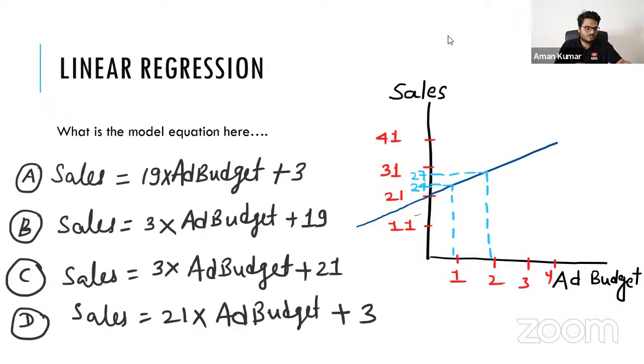I have started getting answers. I will be seeing the answers on my mobile phone. Somebody is saying C, somebody is saying A. C is 3 into ad budget. On the y-axis, you have sales of the organization. On the x-axis, you have the advertisement budget of the organization. This line you are seeing here is my regression line. This green point below is 24, the point above is 27. You have to tell me what this regression line is from your understanding of linear regression.